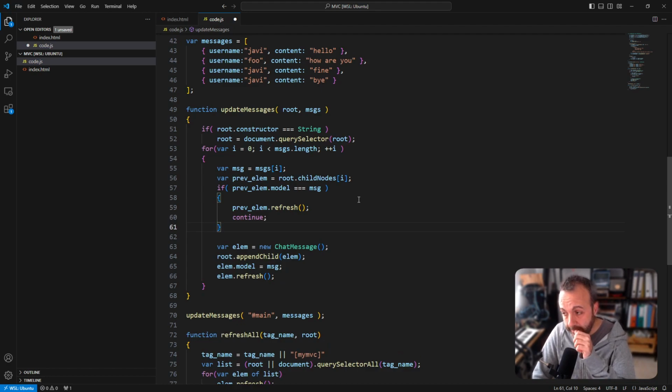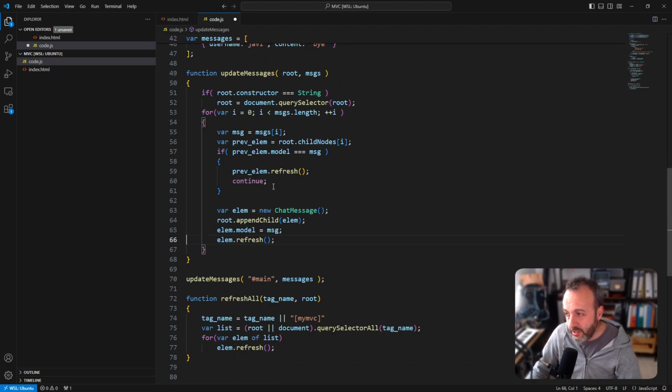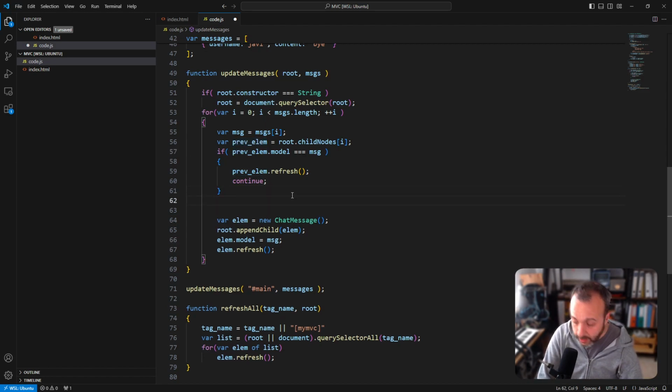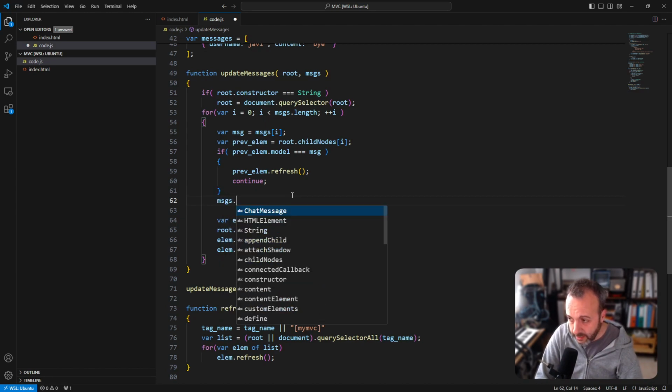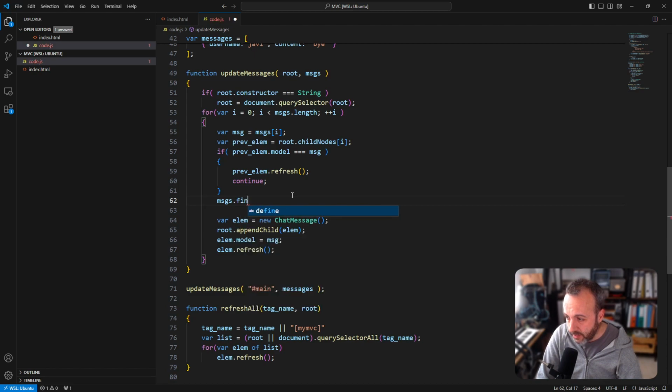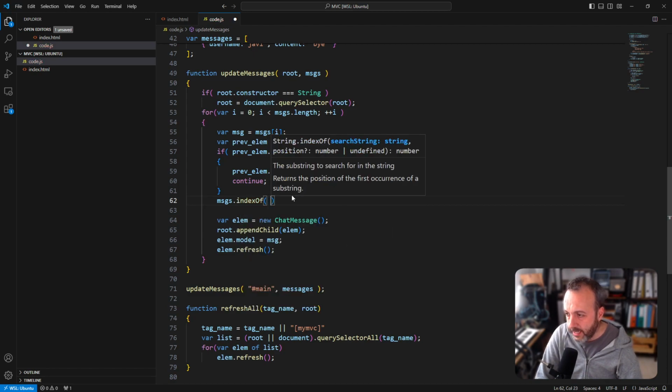Otherwise, if it's not the element I was expecting, I'm going to create a new element and put it in the DOM. This has a problem, which is that if you already have some elements and then you remove some elements from the messages list, when it comes here, it won't realize that that element is missing. So maybe you can do another thing, which is search if this element that I'm finding here, it's a little ugly, but I'm going to do it. Can you search if there is any message in the messages list? Can you find index of,